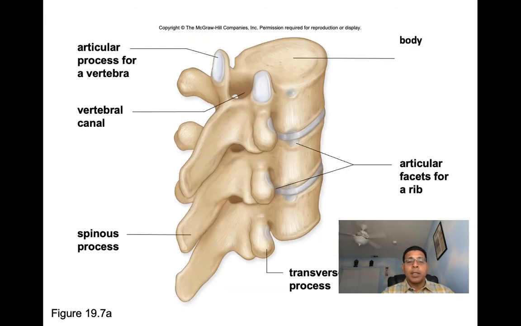So here we can see the structure of the vertebra. This is more specifically the thoracic vertebra in greater detail. So first we've got the body, and here you can see are going to be the articular facets for the ribs, because the ribs, they're going to come in like this. Let's draw one in here. So we'll see the rib is going to kind of come in here like this. This will be like the head of the rib, and the rib's going to come around and hit here, and it'll make its way towards the front of the body,